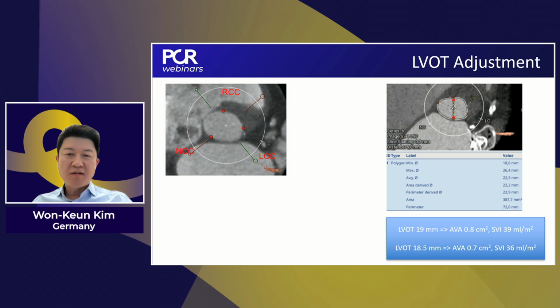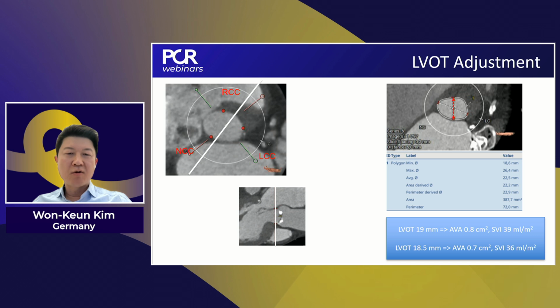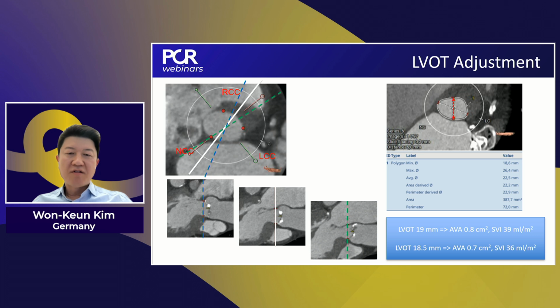I have an interesting slide, because what we measure on TTE in the long axis usually corresponds to the short axis on CT. And you recall that we measured an LVOT of 20 millimeters, and with an adjusted measurement the minimum diameter would be in the range of 18 to 19 millimeters. At least the stroke volume index would approach low stroke volume.